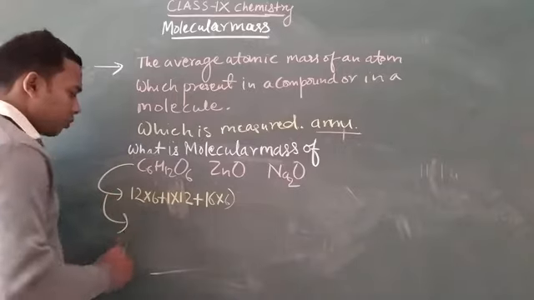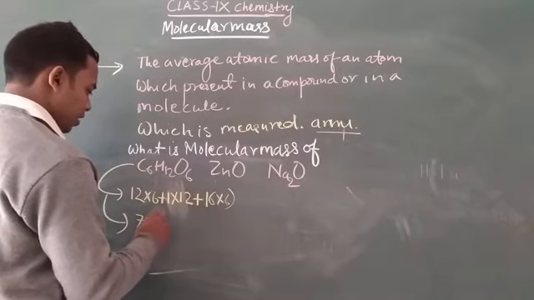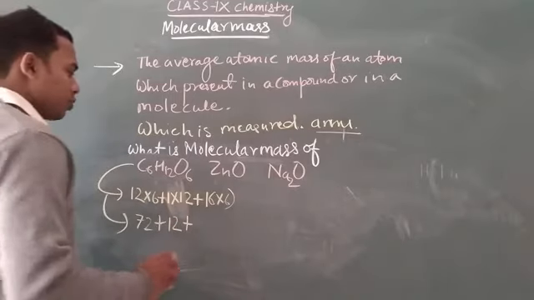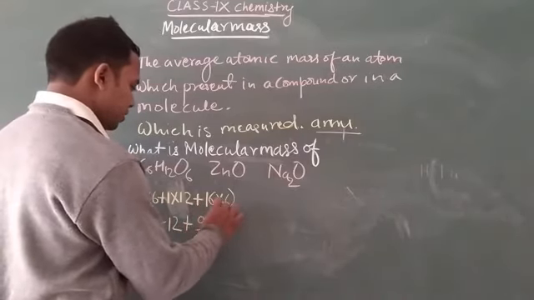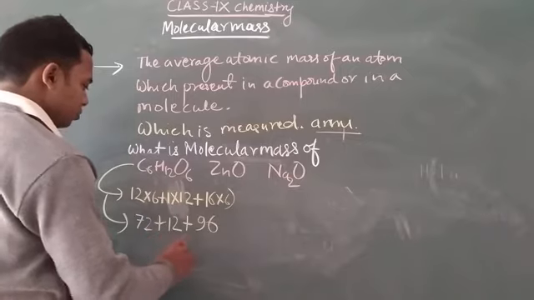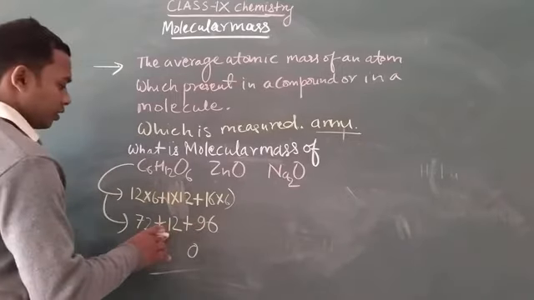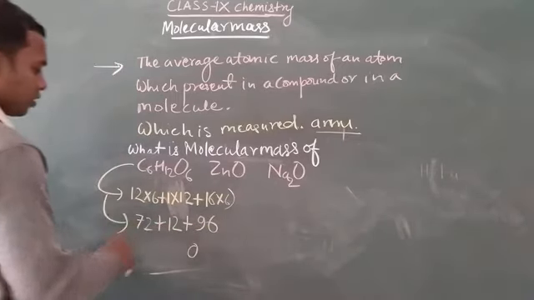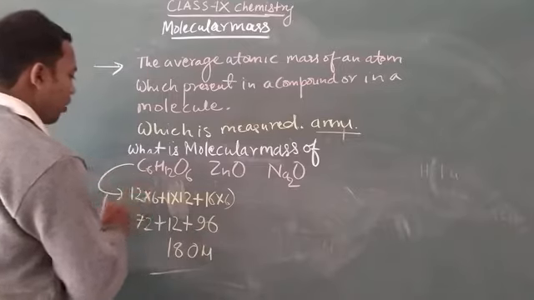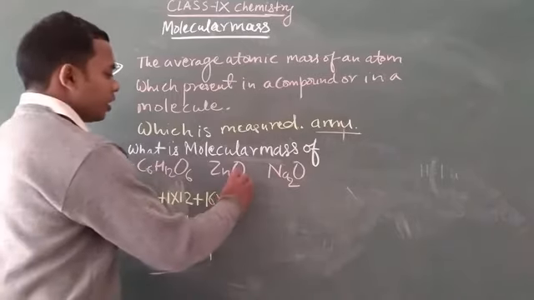Now after calculation, 12 sixes are 72 plus 12 ones are 12 plus 16 into 6 is equal to 96, and then 180 unified mass, the molecular mass of glucose. And now the molecular mass